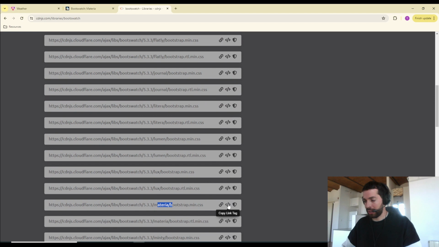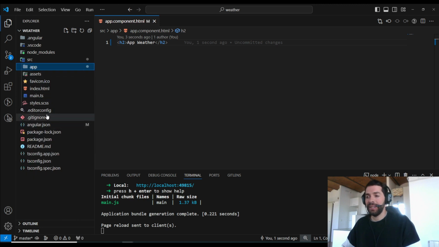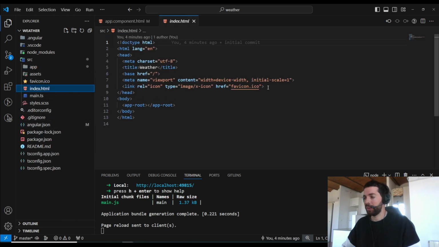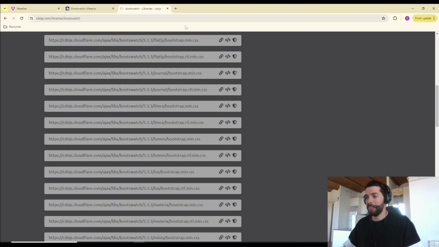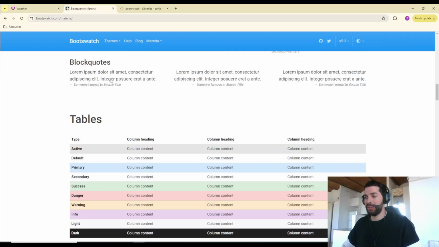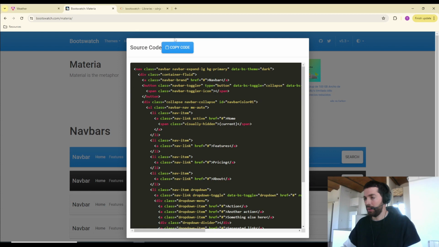So I will click on this tag, go back to our project, and put this tag here in the index.html. So I will copy it, save the change, close the file, and then I will see if everything is working. I will copy this navbar with copy code,